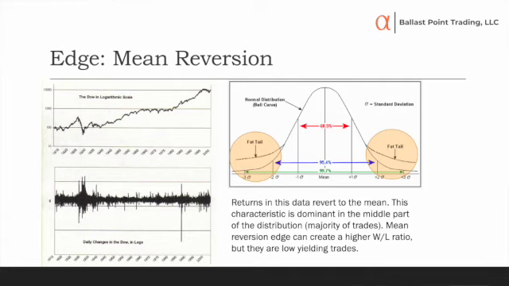Mean reversion is really taking advantage. If you look at this graph right here, it's taking advantage of this middle part of the distribution. Now, the data is mean reverting, right? You notice how you can have big spikes, but they always come back to the baseline. Like you always get back to the middle. The key here with mean reversion strategies to survive is that the spikes are what you want to avoid, but it's all the stuff in between.